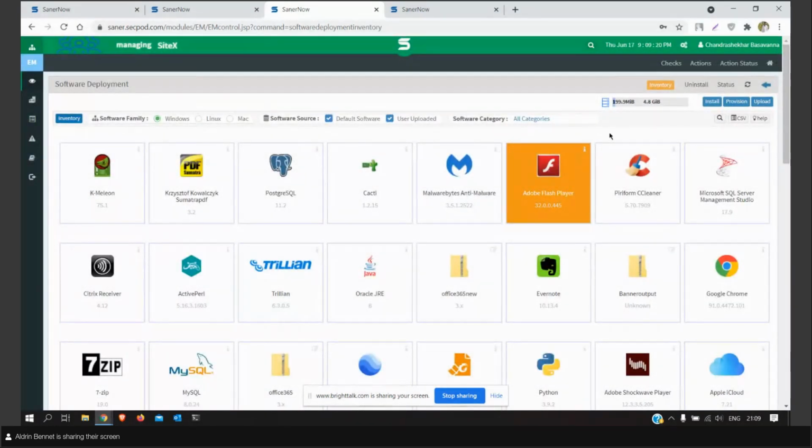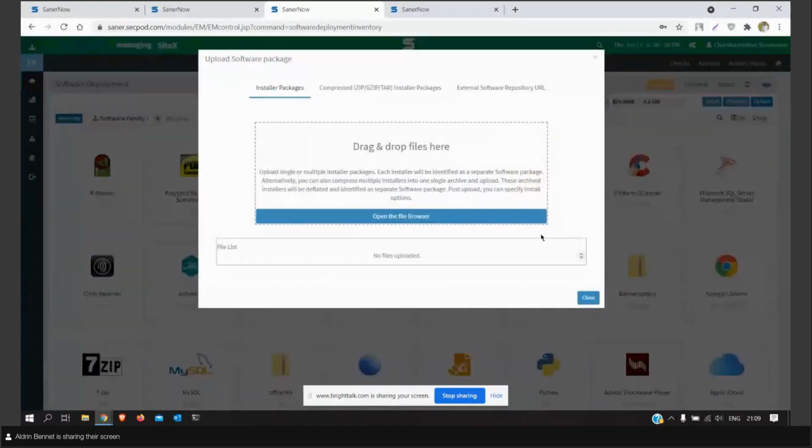Now you might have another question. You already have 100 preloaded applications, and what if the application that I need is not present here? You might even have a specific VPN software or any software which you're using in your organization. How do you deploy that? We do have a solution for that as well. Here, if you go into the upload option, you'll be able to upload any exe, MSI, application files, package files, or even Mac files.